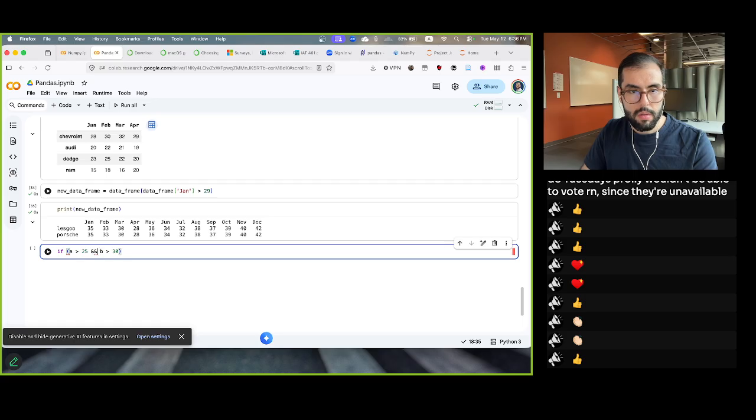This is something we can do in Python. The same thing applies here. So again, we define a new data frame, built using the original data frame, and the condition here is that in January it has a sale over 22,